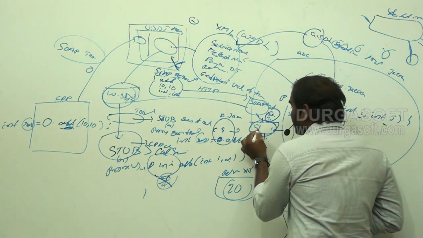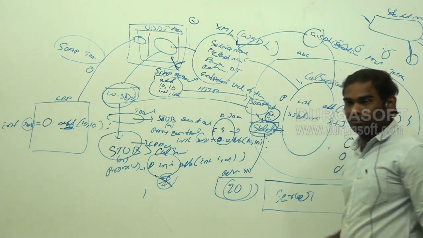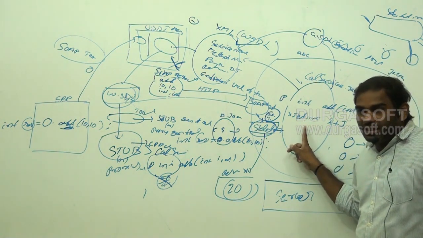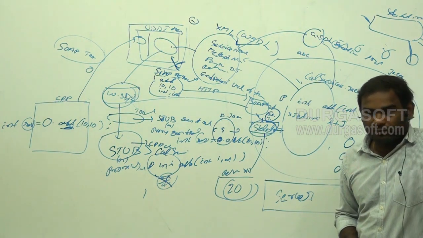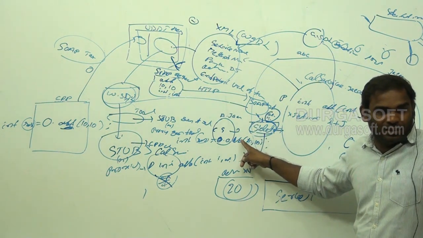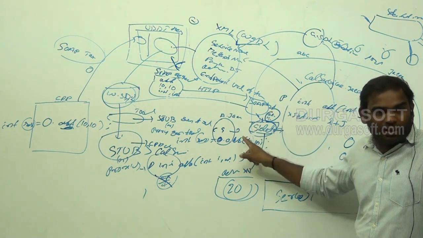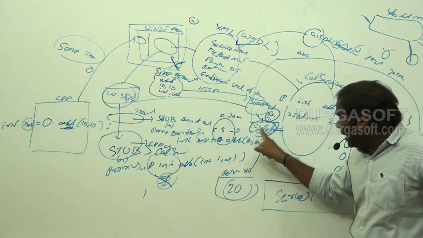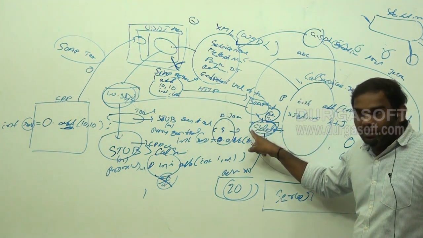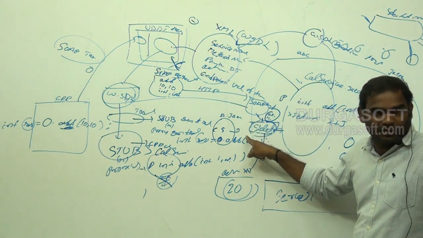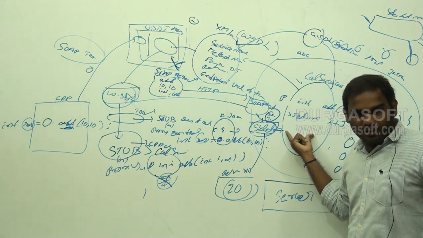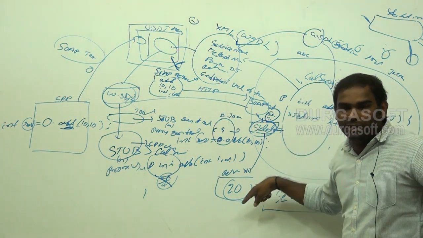This class is called a skeleton. Understood or not? If your service class is Java, the skeleton is a Java class. It's a predefined class. Why is it Java here? Because a Java class can only create a Java class object, right? That's why it should also be Java here. If it is C++, it should be C++ here. Understood? Now the skeleton will invoke the client requested method on the service class object, and it will provide the response back to the client.